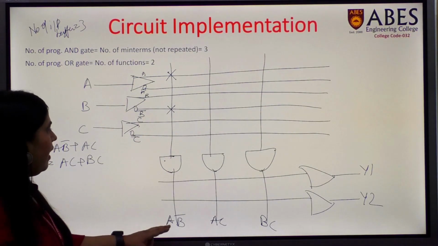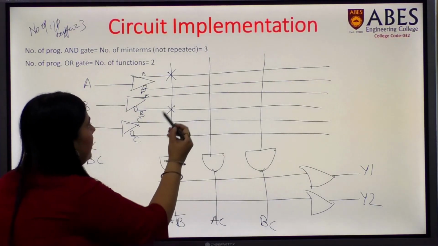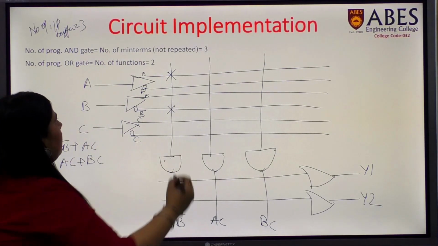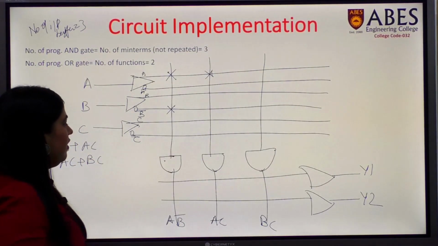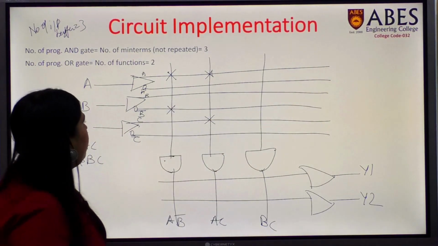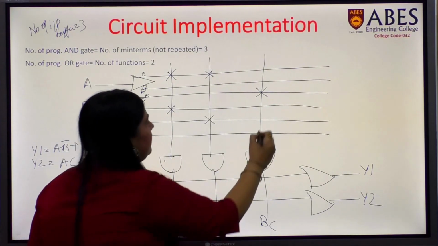So for A, B bar, we are marking the cross here for A, and for B bar, here we are marking the cross for B bar from here. For AC, we connect this A. For C, we are marking the cross here. For BC, we are marking the cross here. And for C,